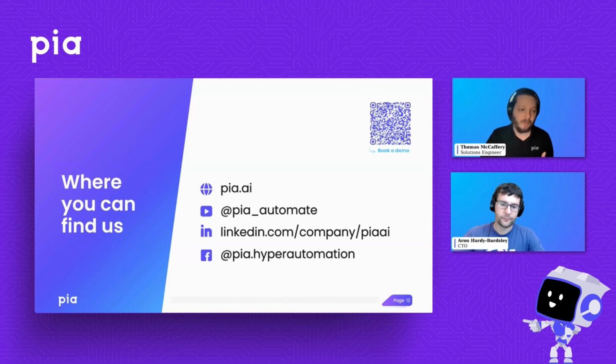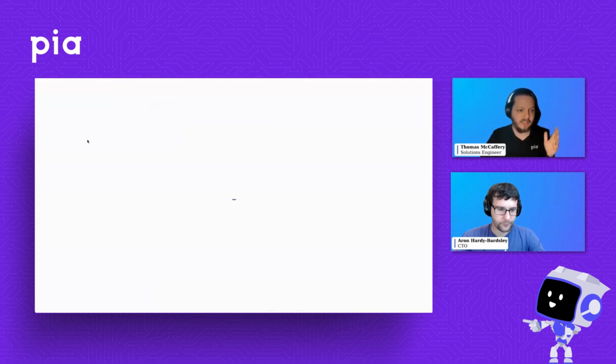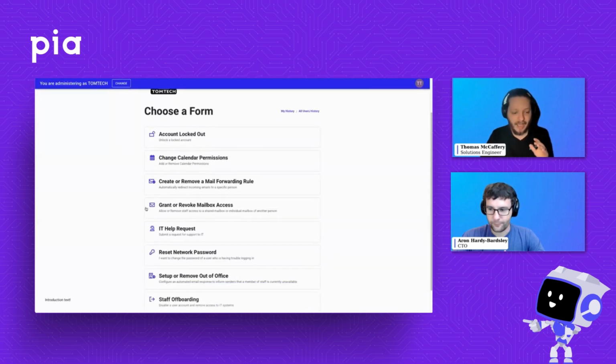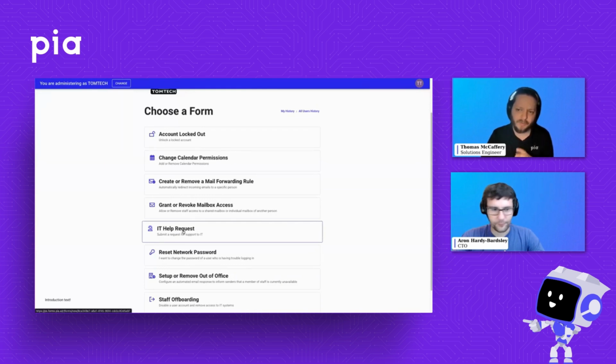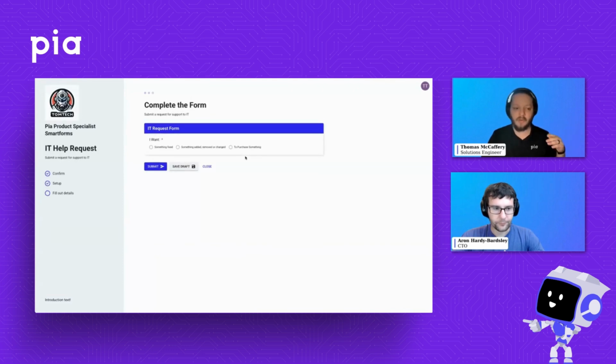Absolutely. All right. So I'm just going to jump back across into my portal here. I'm just going to refresh, make sure I'm still logged in, still authenticated. There we go. Now, one of the ones that we have is this IT help request. This is actually one of my favorite ones because it's a really nice alternative to saying to the clients, hey, we have this portal for all of these automated requests, right? Your user onboardings, your password resets, account unlocks, mail forwarding rules, your standard requests. But if you need something else, email us directly. This essentially allows them to still submit a generic ticket to the service desk without having to resort back to the standard old process of sending you guys an email.